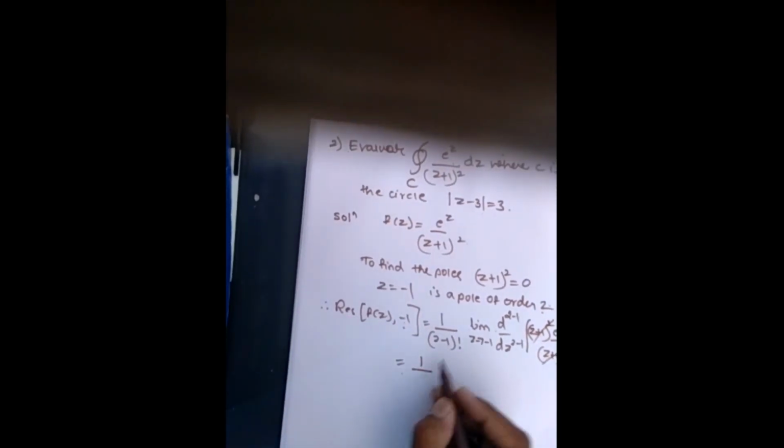So that is 1 divided by (2 minus 1) factorial, which is again 1, then the limit